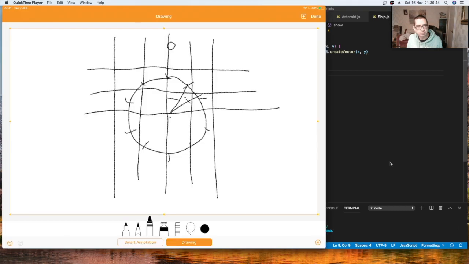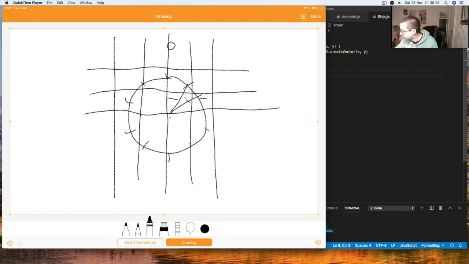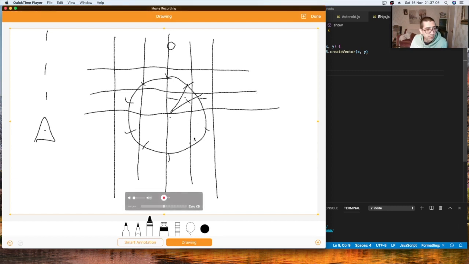Where are we? Right. So we want to draw a ship. Now, in the original Asteroids, as you're probably aware, it's sort of a triangle shape like that, and it shoots off in that direction, whichever way it's pointing. So the middle of the ship is going to be somewhere around there. So what we need to do is work out the 3 points here, 1, 2, 3, relative to this point